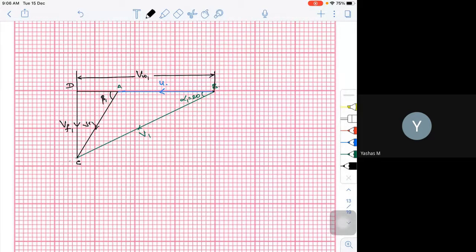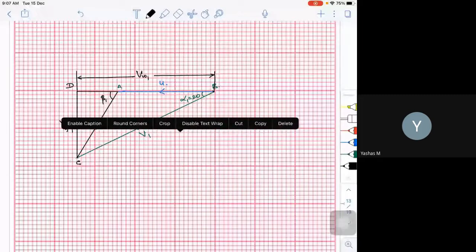I repeat once again. First you have to calculate, already you know, the value of u is equal to pi D N by 60. You have calculated it, then you converted that to your scale. I got a value of 4.71 centimeters. So from some reference point P, I am going to draw 4.71 centimeters or 47.1 millimeters. Now with P as the point, with alpha equal to 20 degrees, I will draw a line.